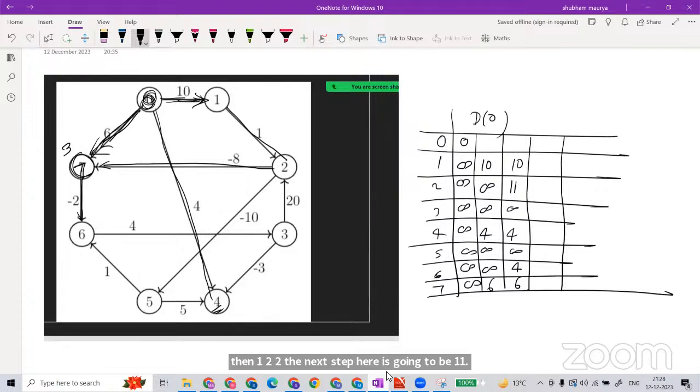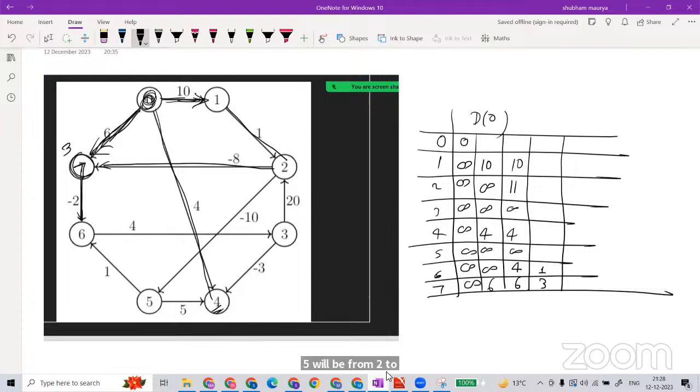Now from 1, there will be an update. So now here the 7 will become 3. Another thing, and for the other vertices, 6 will be 3 and this will be updated to 1, and 5